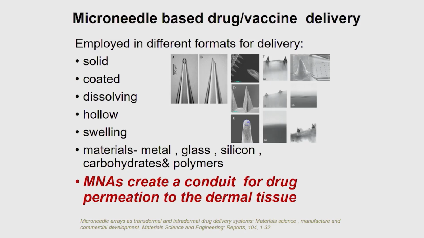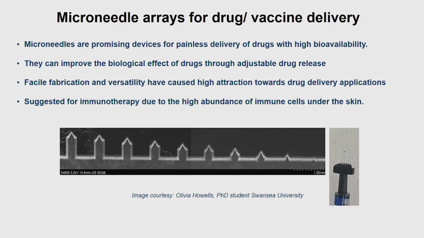create a drug reservoir, and the drug then sits in there and slowly diffuses through the different layers and goes into your subvascular plexus and then enters into your systemic circulation, and that's how you have a high bioavailability there. They are promising devices. They've been used for painless delivery of drugs. As I said, they give you a high bioavailability, and they've been suggested for highly specialized therapies such as